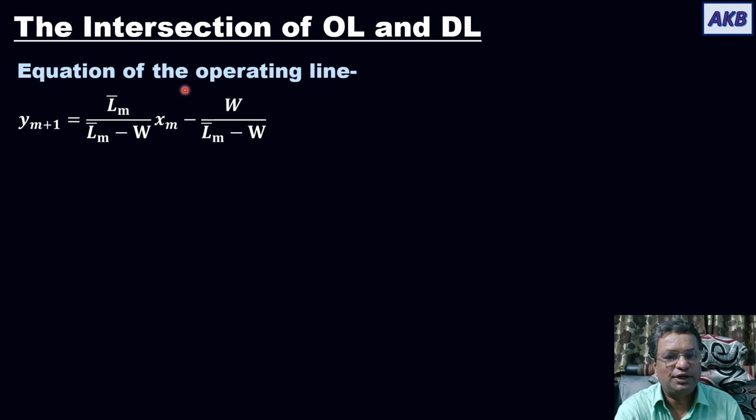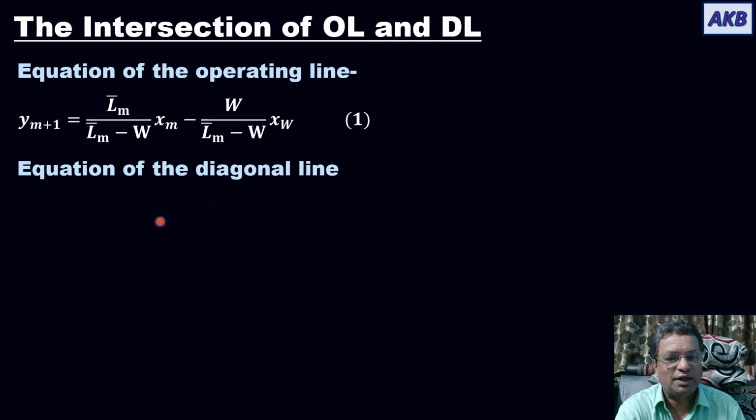So the equation of the operating line for the stripping section is this: Ym plus 1 is equal to L bar M divided by L bar M minus W into Xm, minus W upon L bar M minus W into Xw. Let us call it equation number 1. Then the equation of the diagonal line